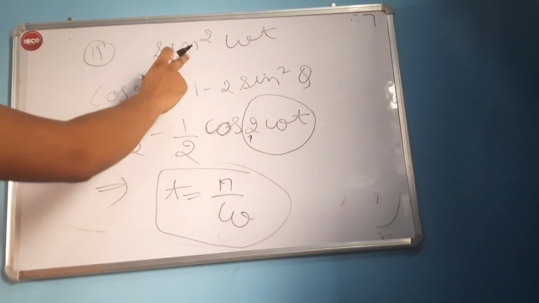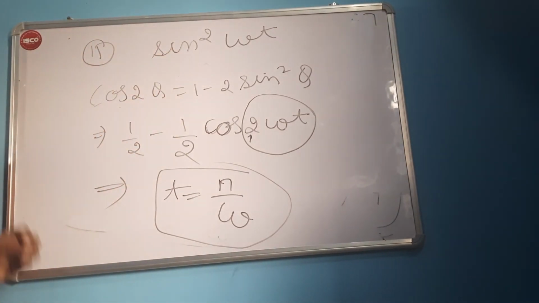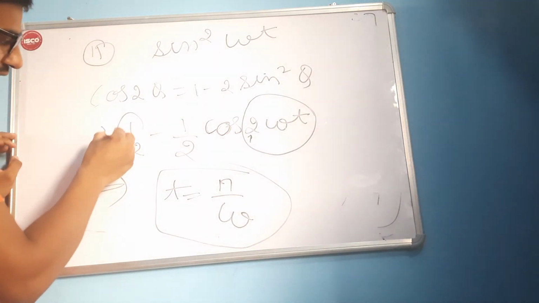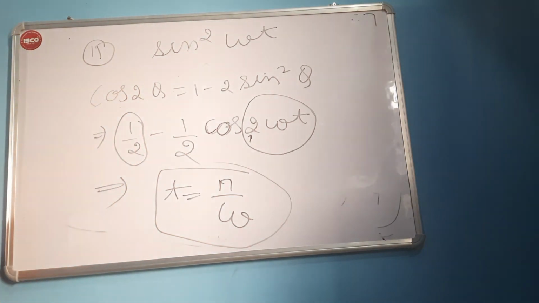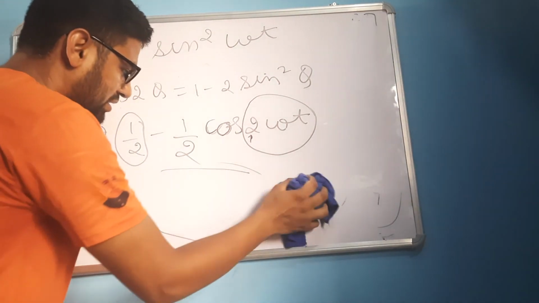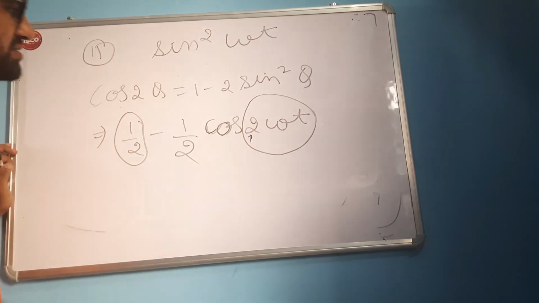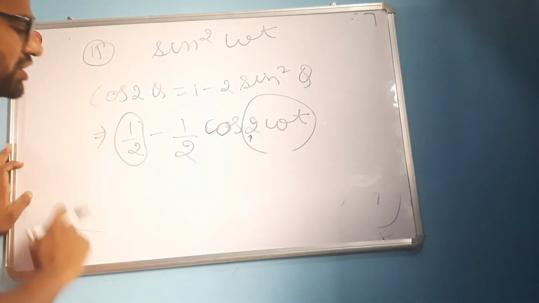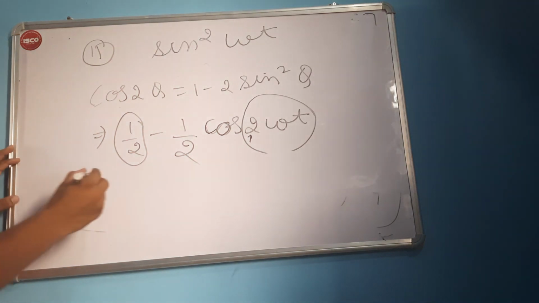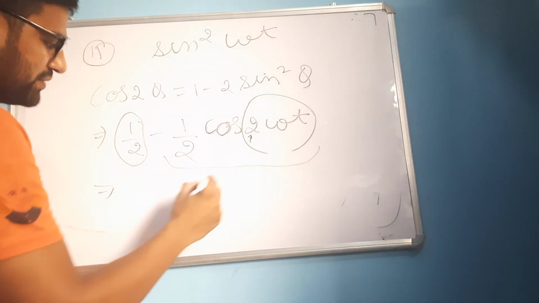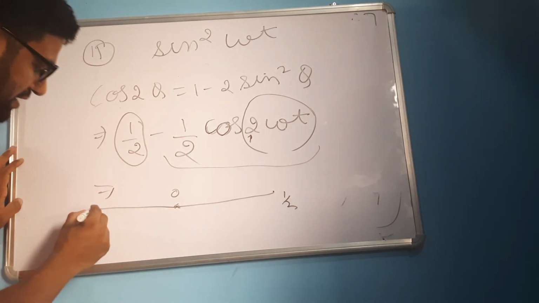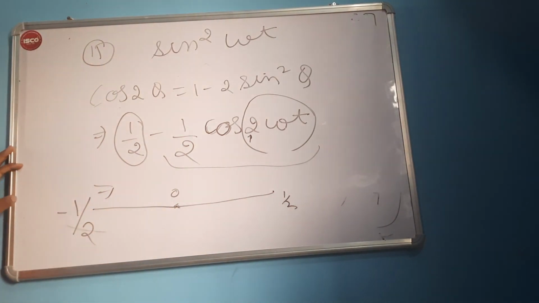So we have found out the time period, and both parts are periodic and showing simple harmonic motion as well. And we also had this additional term 1 by 2. What changes will it show in the equation or in our motion? According to this, the maximum amplitude is 1 by 2 and the mean position is 0, and on this side it will be minus 1 by 2.